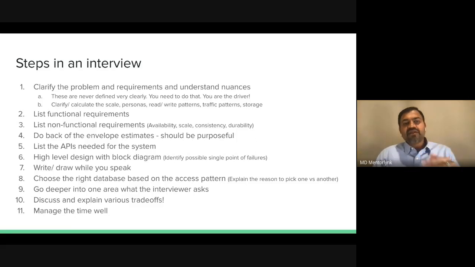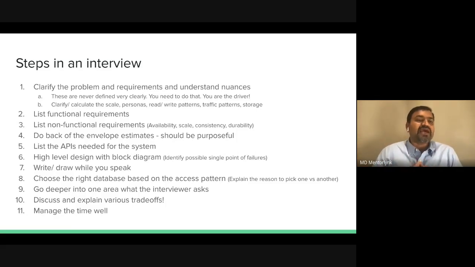And once you have listed down, okay, so and so requests per second, or this much petabyte you will be needing for storage, what does that mean? How would you use that input towards your design? If you cannot use that, then it was pretty much a waste of time. But you did a lot of calculation. You wasted 10 minutes. You could have really avoided that by stating a few basic assumptions and going from there, and then start designing.